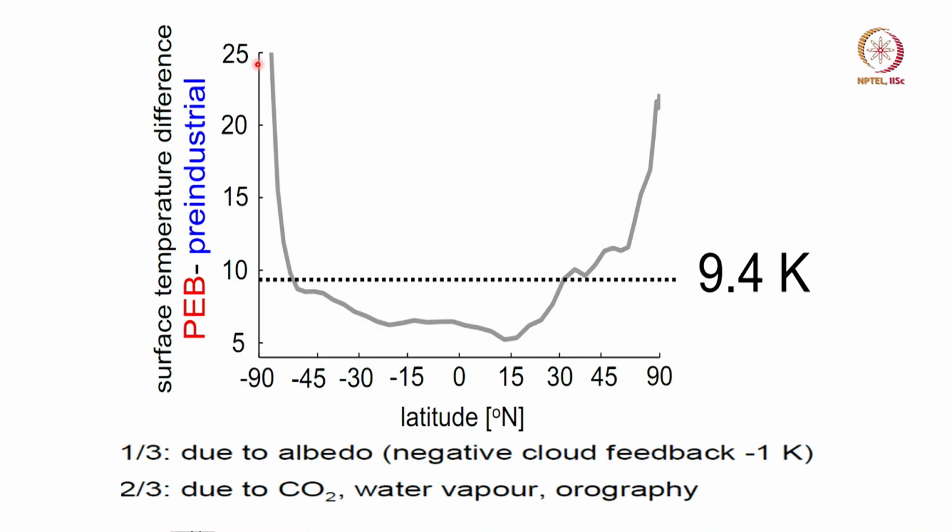The difference between the past climate and the pre-industrial climate, that is 1850, and how it changes with latitude. You must remember that when climate changes, the largest changes occur in the Antarctic and the Arctic, not in our region. In our region maybe 3-4 degrees change, but the Antarctic and Arctic will undergo 20-30 degrees change in temperature. We are already seeing that. If you go to Greenland or Siberia, they are having changes of the order of 4 degrees Kelvin. Well, we are seeing 1 or 2 degrees. So models are capturing the changes with latitude quite well.